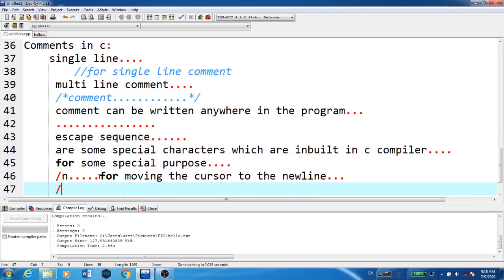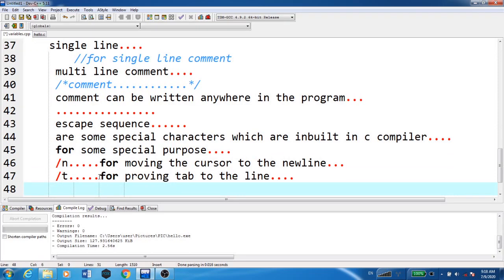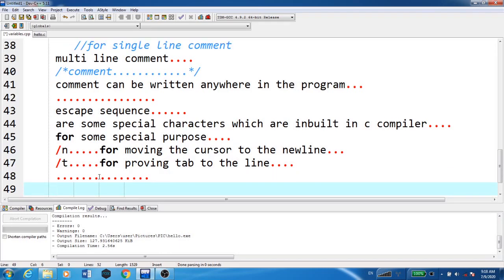One more we have is \t for providing a tab in the line. And likewise, there are a number of escape sequences, and they have their own special purposes and are inbuilt in C.